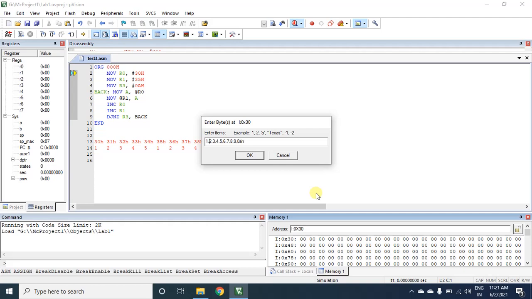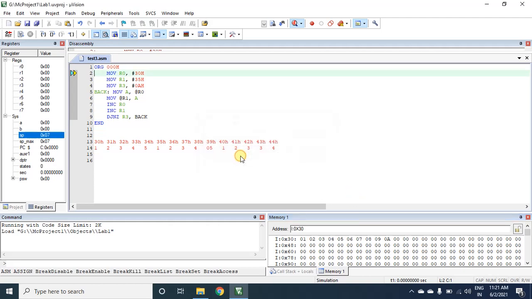You have to mention H also, 1H, 2H like that, but in decimal the numbers are the same. 1H, 2H, the numbers are the same in decimal as well as hexadecimal. That's why I'm not giving H. Otherwise, you have to give H. 1H, 2H, 3H like that. Okay, let us click OK.